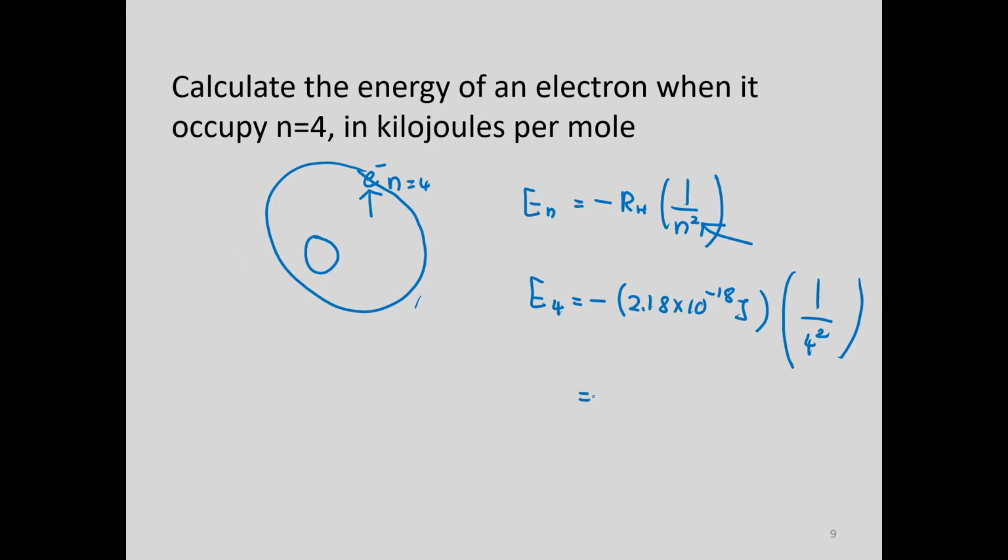Okay, kalau kira dapat berapa? So always first tulis dulu negatif, sebab negatif tu tak boleh cancel pun. So always ada negatif. So energy of the electron at n equal to 4 is equivalent to,